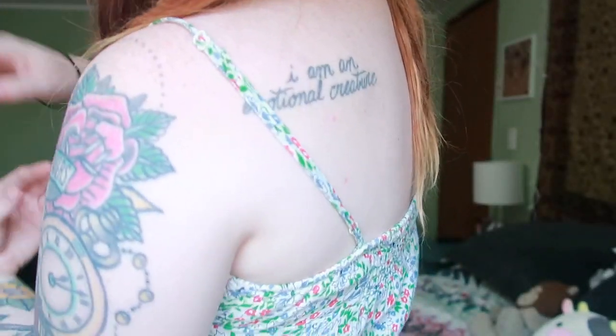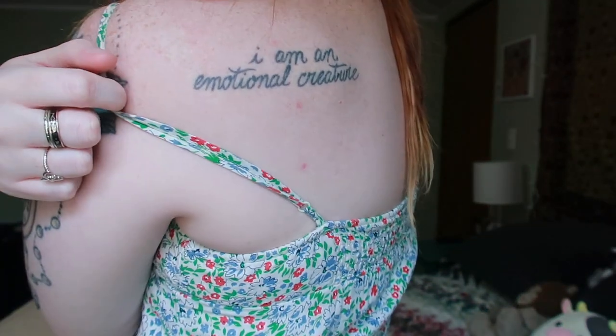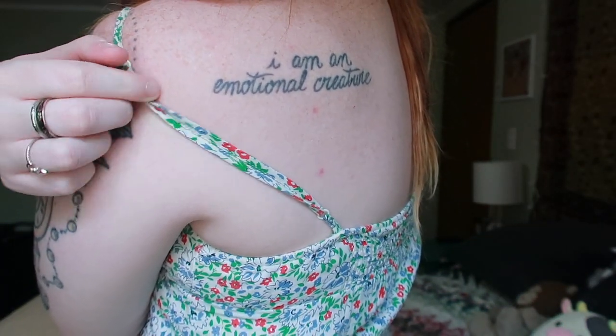This one was next, and it says, "I am an emotional creature," which is a line from a monologue that I performed when I was part of the Vagina Monologues in college. It is, again, a very important thing to me. That club saved my life. That organization